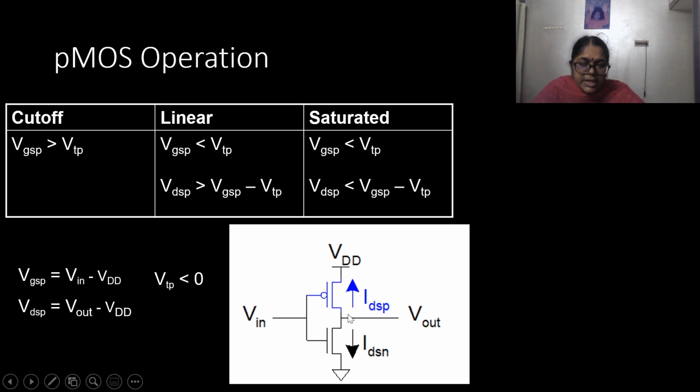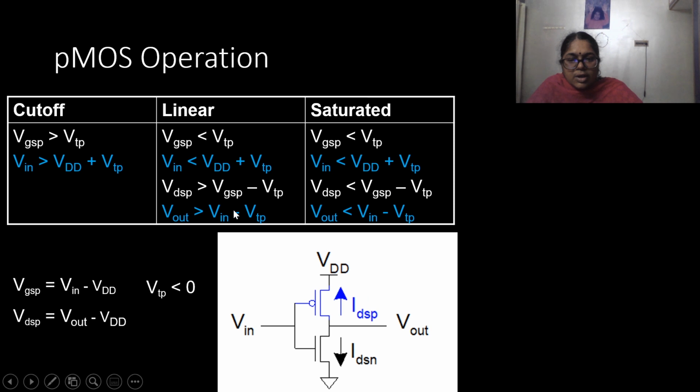VDS is the voltage between the drain and the source. The drain voltage is Vout and the source voltage is VDD. So VDS is equal to Vout minus VDD. So these values of VGS and VDS we are going to substitute in these expressions so that we get